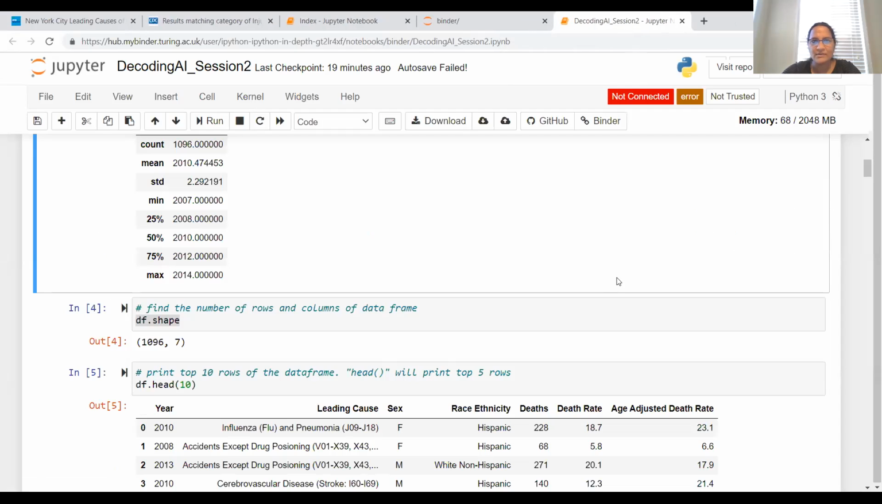I'll keep it open because it has lost contact with the,